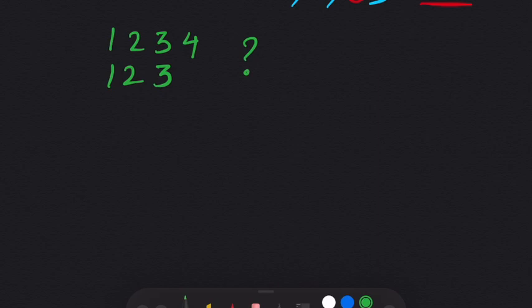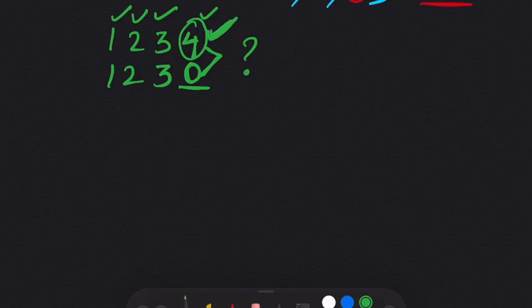But let's say we had an example like this. What then? Since the first three digits are the same, we reach a digit 4, but in version 2, we have nothing to compare to. So what we are going to do is, instead of an empty space, we add a 0. This makes it much easier for us to compare these two digits. And in this case, since 4 is greater than 0, this version is greater and we have our answer.